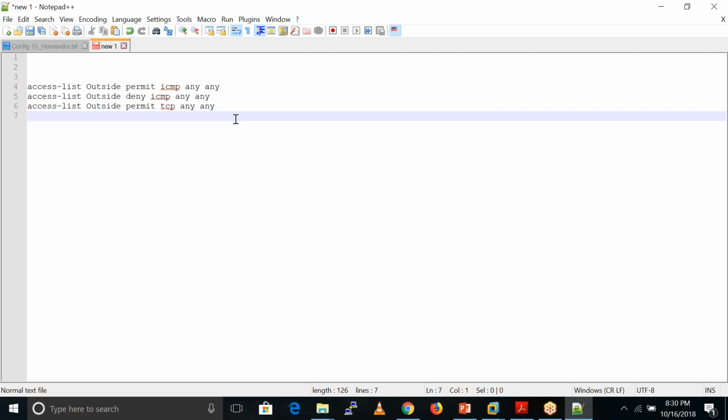It depends on where the rules are bound with the ACLs. If we apply the ACL on the outside interface, then it denies all the traffic from outside. If we bind that ACL on the inside interface, then it drops all the traffic from inside. It depends on where we are implementing the ACL. Got it?